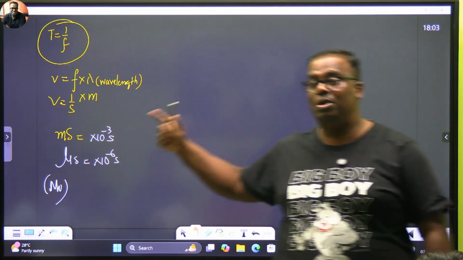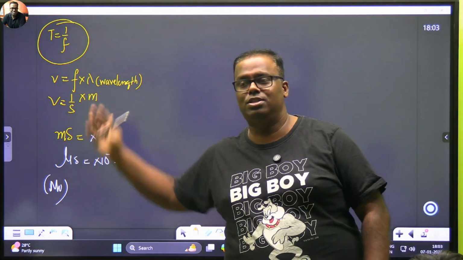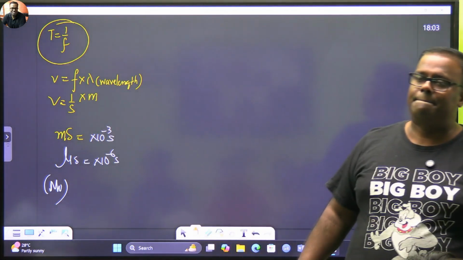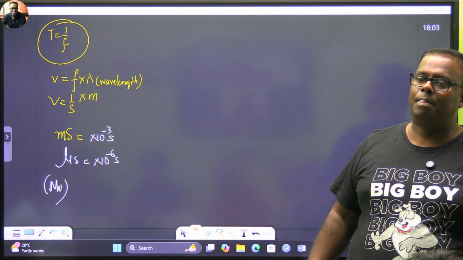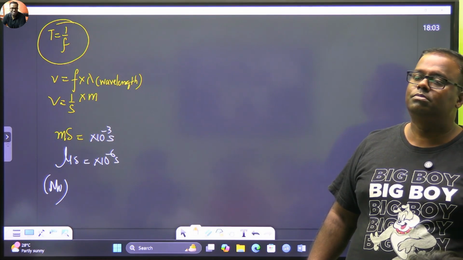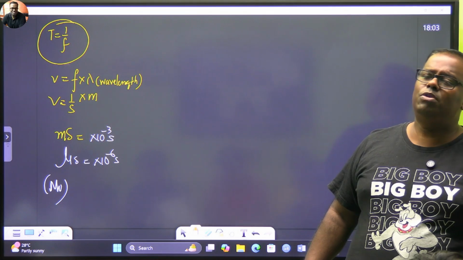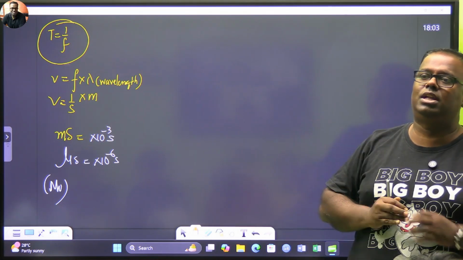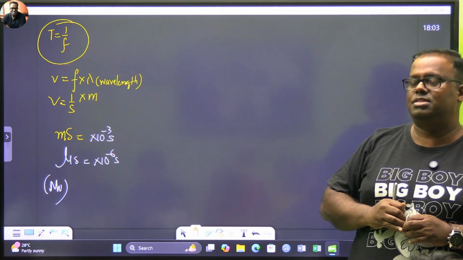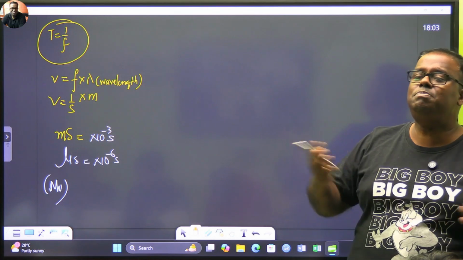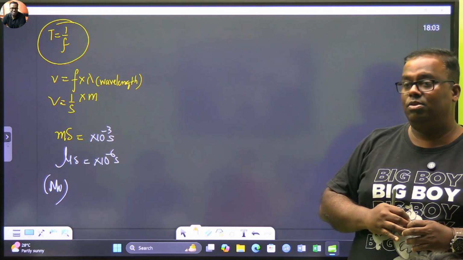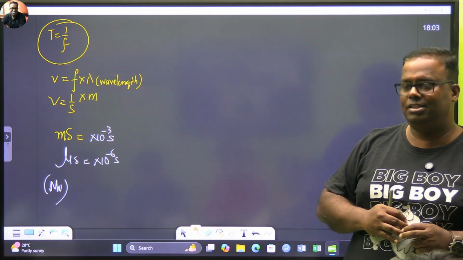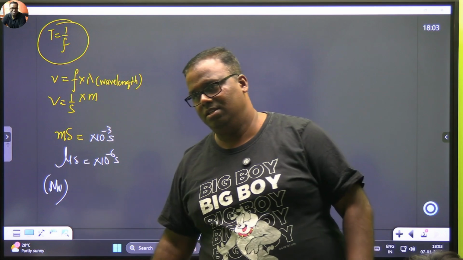And then you multiply the wavelength with the frequency to get the speed of it. Yes. Instead of frequency equals 1 upon time, can we also write it as number of waves by time? Number of waves is not the correct term; it is number of cycles by time. That's why the unit is CPS. Yes, sir. But the time should be measured in seconds. Then you will get the frequency in hertz.